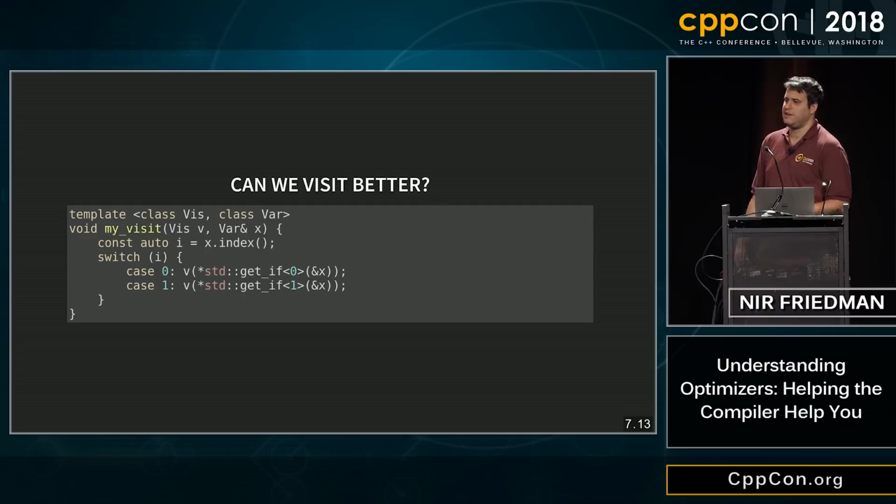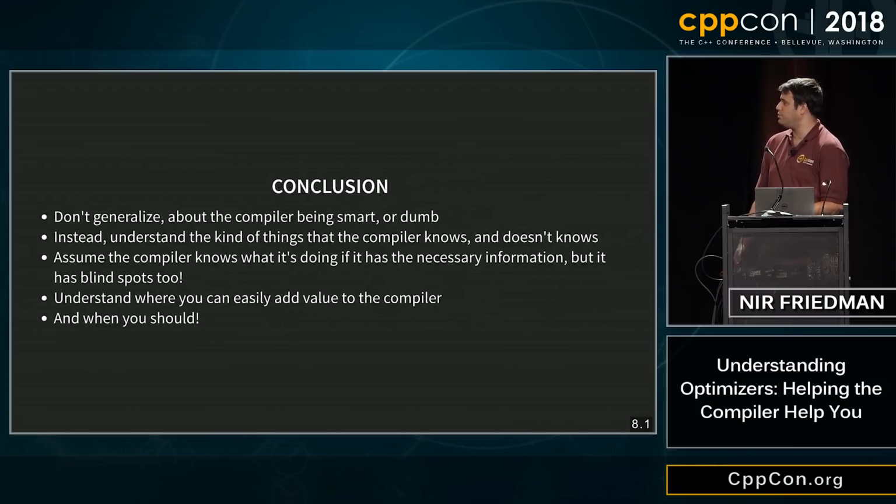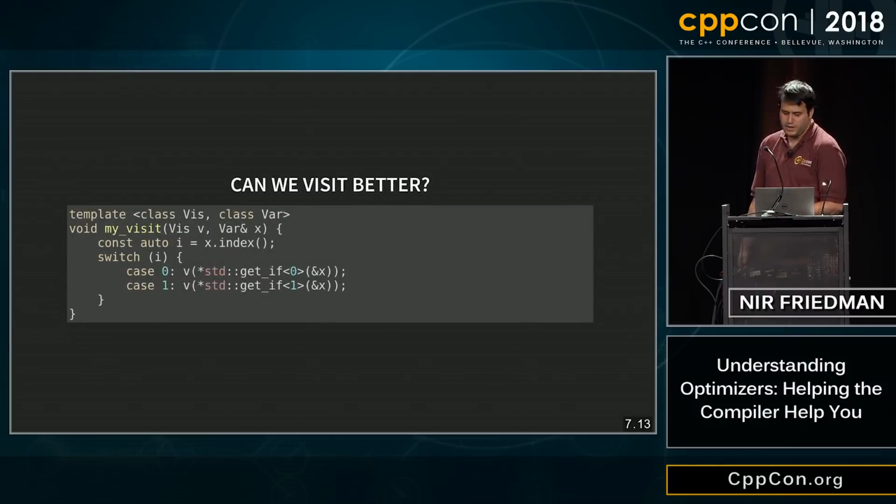And write it up by hand, and you could wrap visit in your own visit, right, that calls out to the other visit if you're not handling that case. Anyway, if you change the visit from the standard visit to this visit here, you will actually get no assembly, right? I'm sure all the details, const correctness and forwarding, everything is wrong with this snippet, but if you fixed all that up, you could write a visitor for 2 type variants, and it would be correct all the time, and it would give you better assembly.